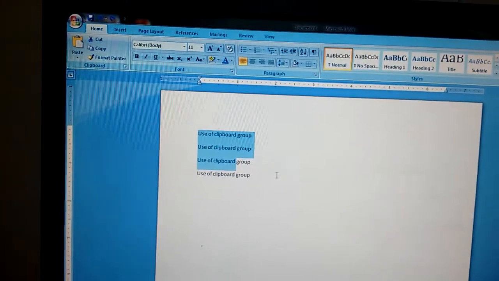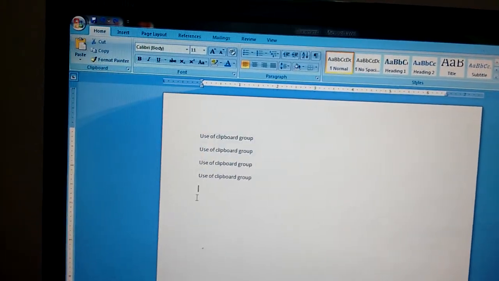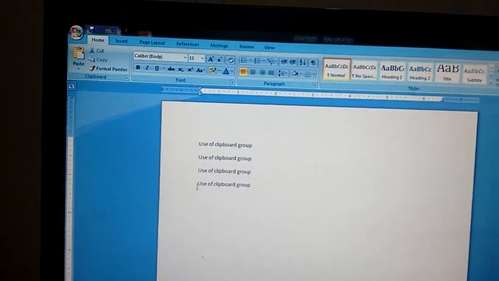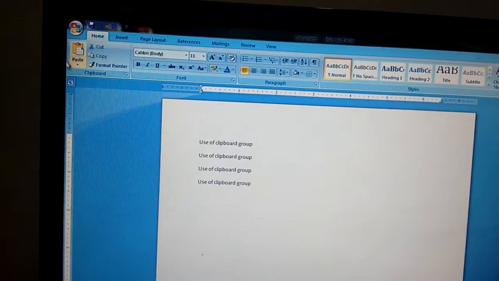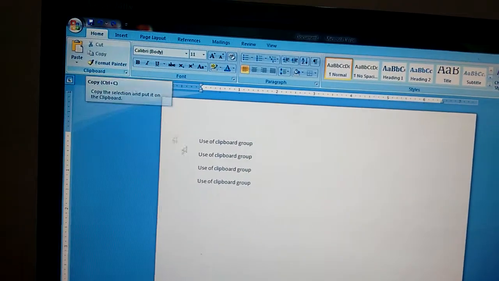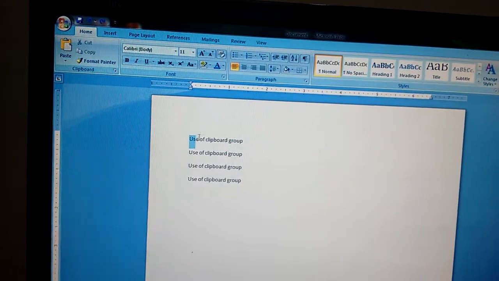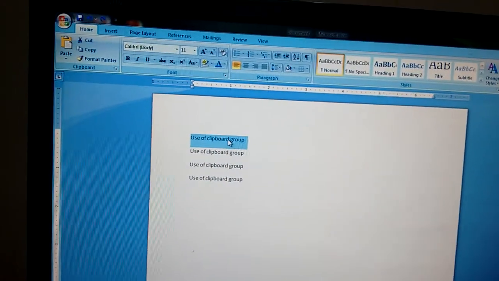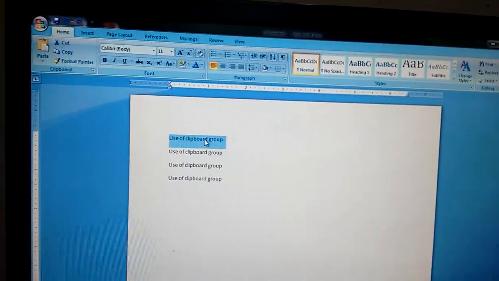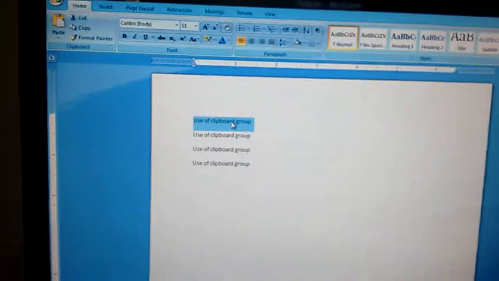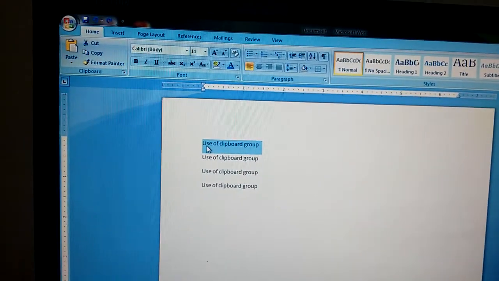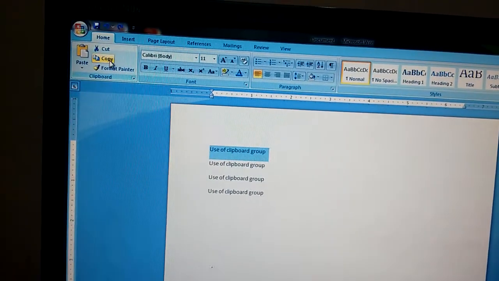We can use the clipboard options if text is already selected, otherwise we can't. The first option here is copy. Suppose we want to copy this text, firstly we will select it, and where we want to put it, we will leave our cursor there. Firstly select the text, then copy.